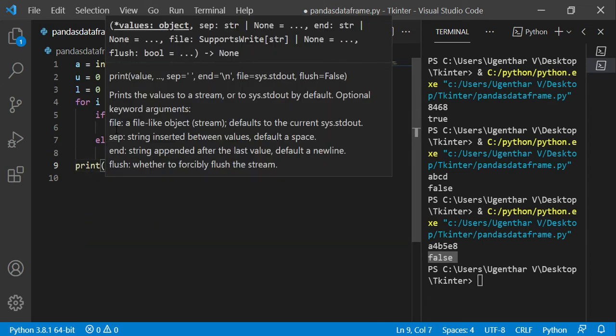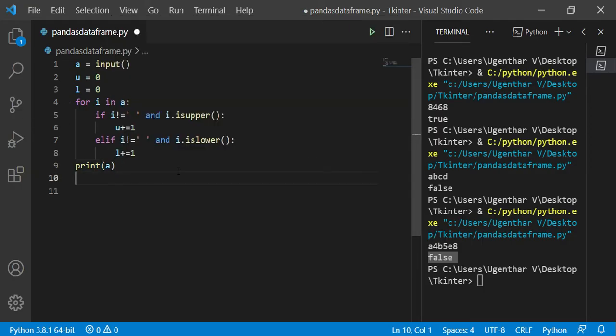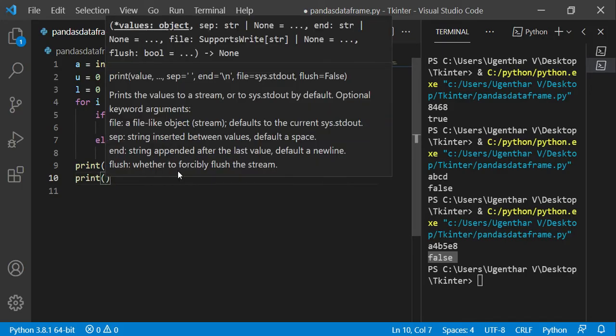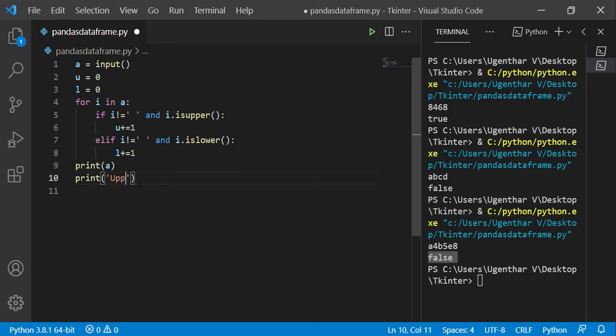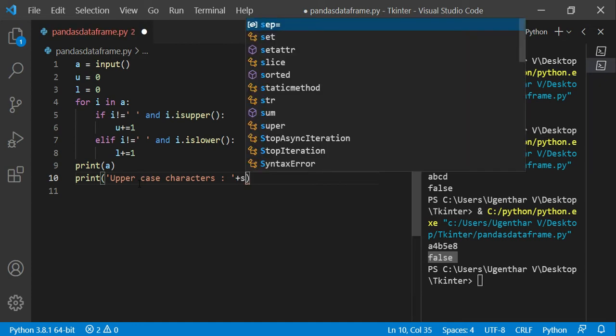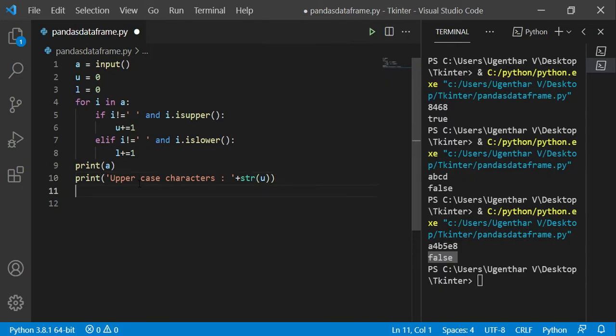The output should be like the input itself, then it should contain print of uppercase characters plus str of u. u contains the count of uppercase, right?